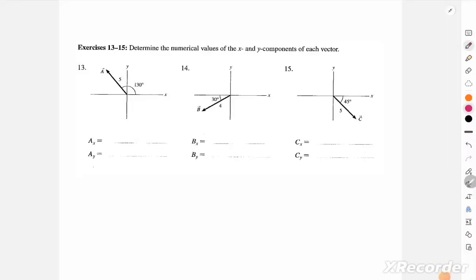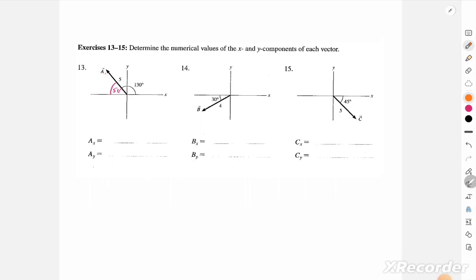We have to determine the numerical values of the x and y components. So let's look at question 13, and you can see that they are giving us the angle between the positive x-axis and the vector as 130 degrees. So that means this angle here is 50, because when they add up, it has to add up to 180. So for AX,